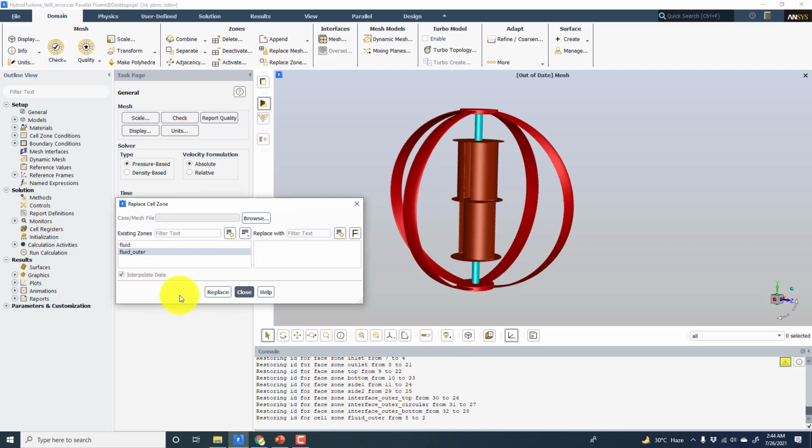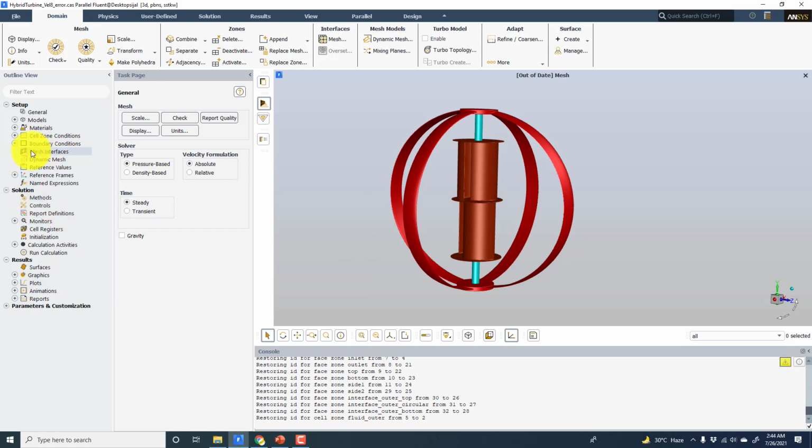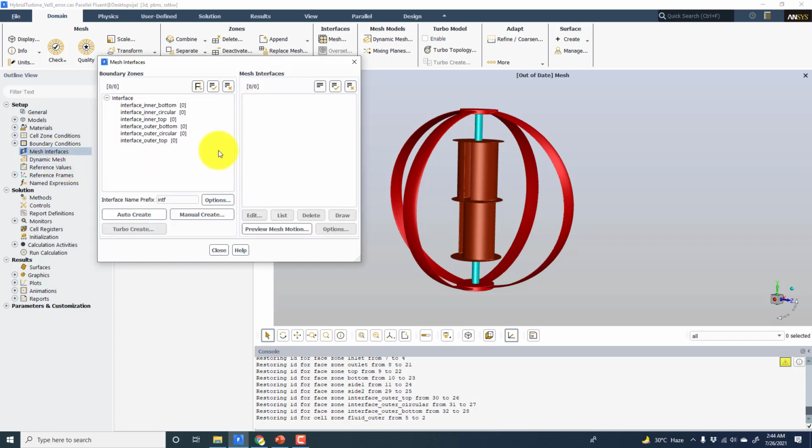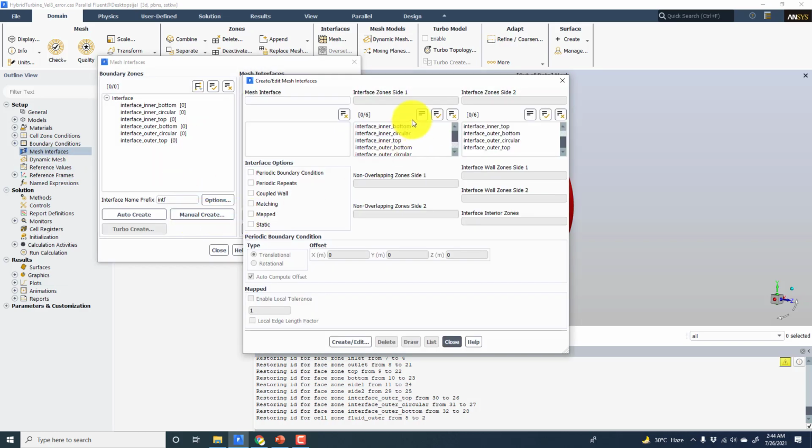Alright, so now we can close this dialog box, and then under mesh interfaces, right click on the mesh interfaces, click on New, and click on Manual Create. I will choose two boundaries, one from the inner domain and one from the outer domain, and they should be on the same boundaries.